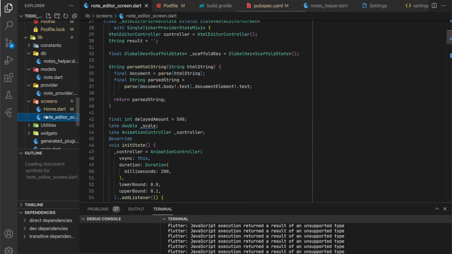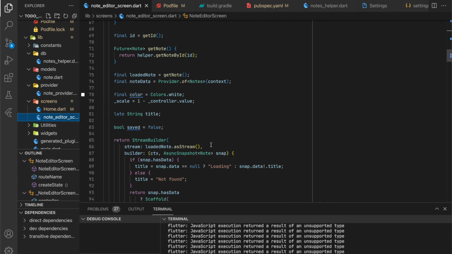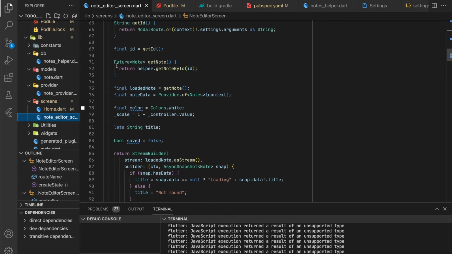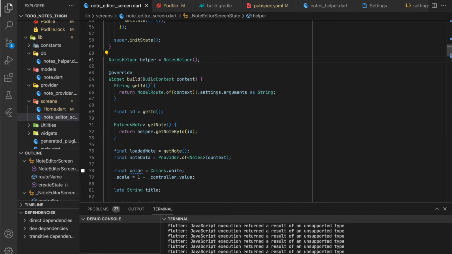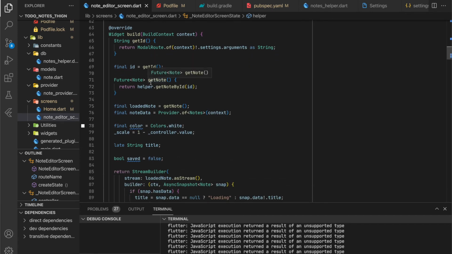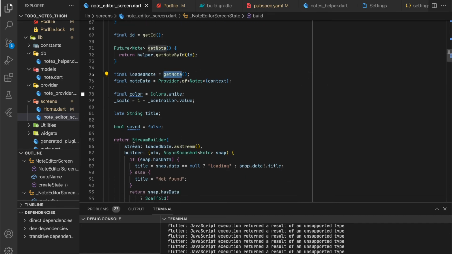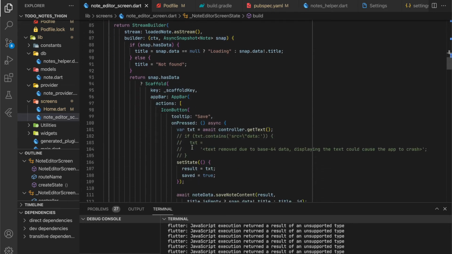Where is this used? In the note editor screen here. I have a created note here, and this is essentially a helper. We instantiate a helper class in this page so that we can use all the SQFLITE functions. So we're going to be getting this, and here loaded note, we get note, and then I use a StreamBuilder so that we can see the data, and I convert this loaded note into a stream so that everything works smoothly. And that's the basics of